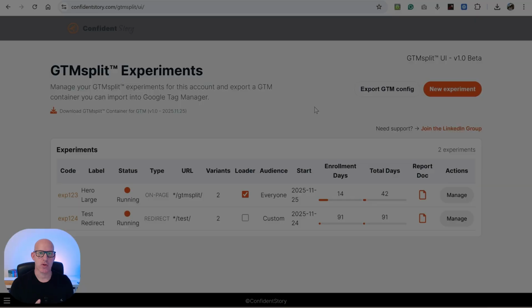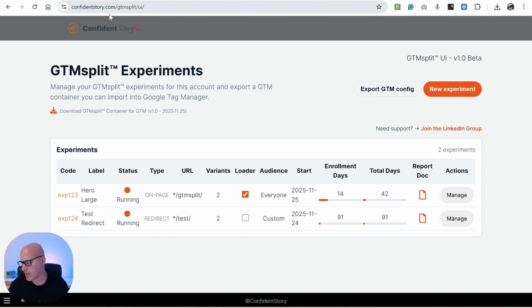Hi, Andrea here for Confidence Story, and in this video I'm going to show you how to install GTMsplit in your Google Tag Manager. So you start from coming on this page,